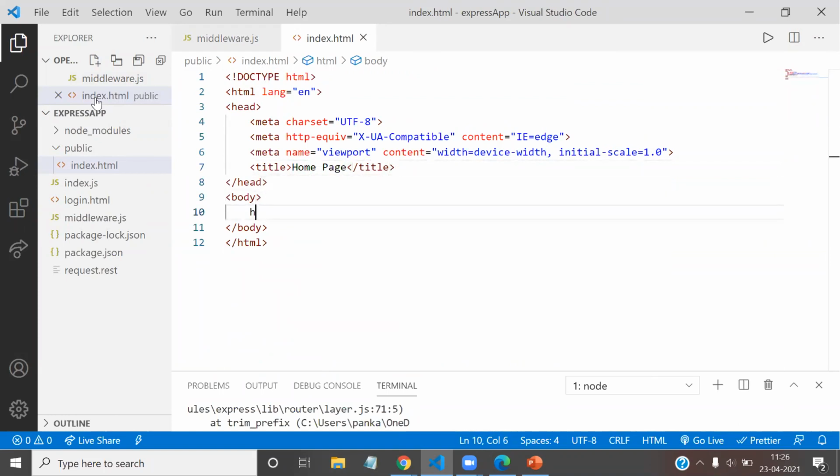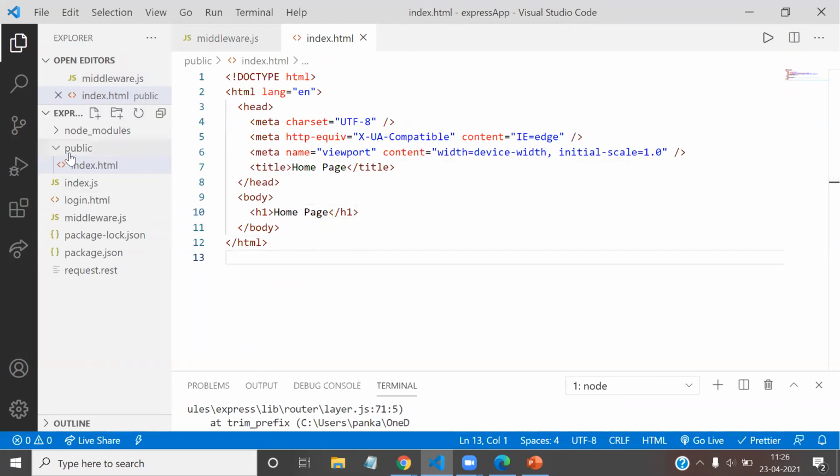Now the h1 will be home page. Now I'm saving it, and I want this public folder as well as index.html to be available whenever the user hits the home page. We don't need to specify or redirect. It will be automatically bound with your application. That is a static resource.